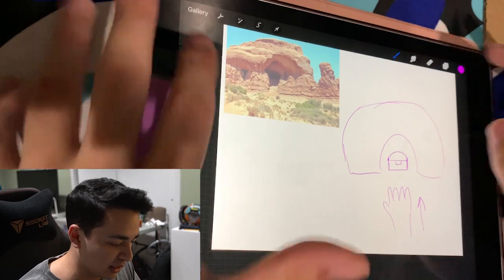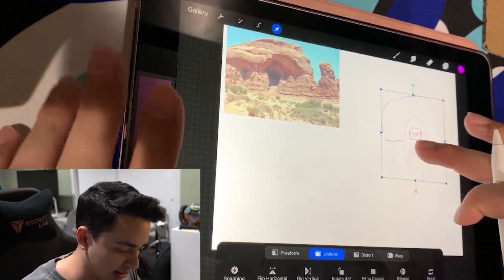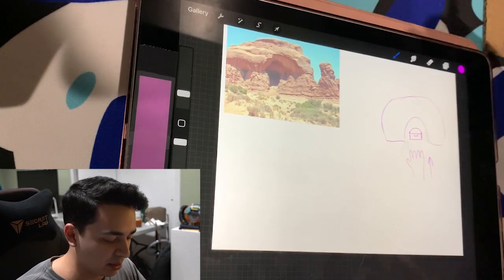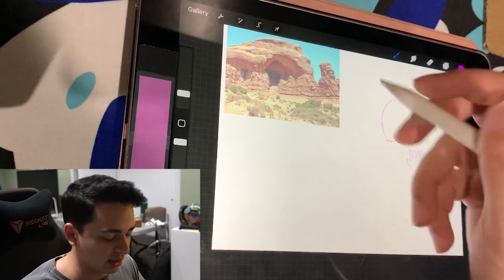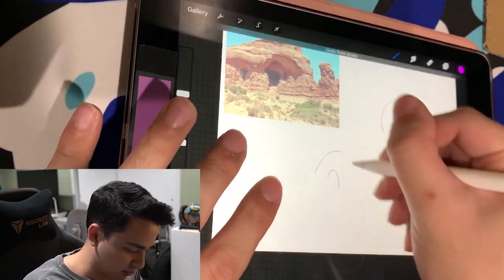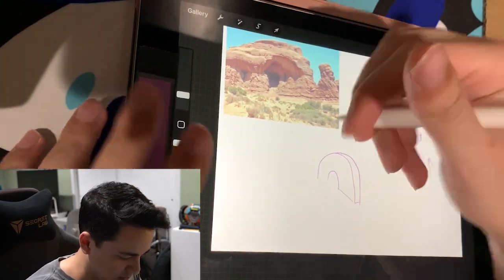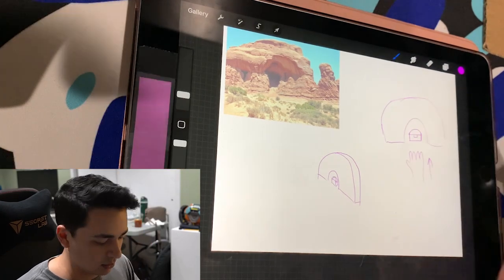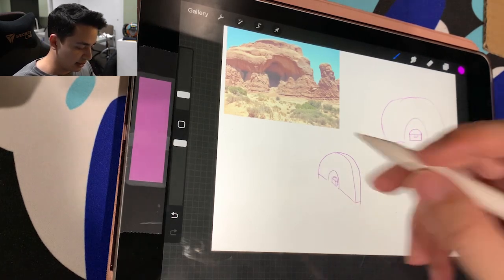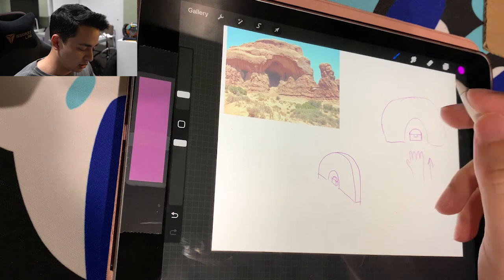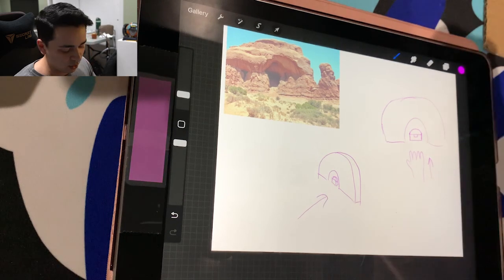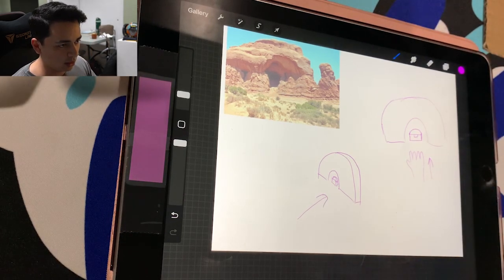So I like to draw a couple of different angles. So let me make that a little bit smaller. If you need to get a couple pieces of paper to plan out your ideas, that's fine too. I like to draw maybe an angled view. And then basically there's going to be some sort of door. So you put your hand through this way, and then we know that we want